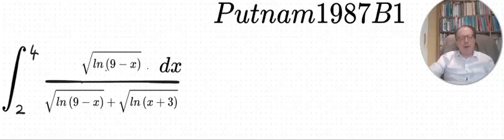And today we are considering the Putnam problem from 1987, B1, in which you have to evaluate the integral between 4 and 2 of the logarithmic expression shown, and so we use the King's property in order to do a